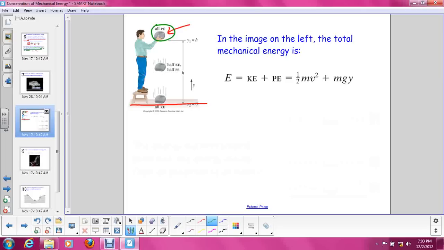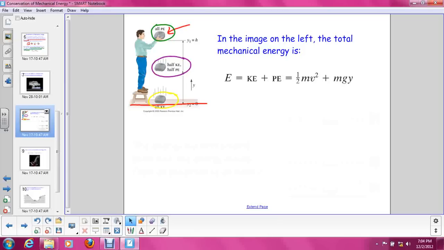Halfway down, it is moving, but it's still some distance above the ground. So at this point, right in the middle, the total energy in that system is half kinetic and half gravitational potential. And at the bottom point, right before the rock hits the ground, it is pretty much at our zero line, what we picked as the starting point for height. So it doesn't really have any gravitational potential energy, but it's moving pretty darn fast. Gravity was pulling down on it, made it accelerate at a rate of 9.8 meters per second squared, so it's going pretty fast. So it does have kinetic energy, and all of the energy at this bottom point is kinetic.